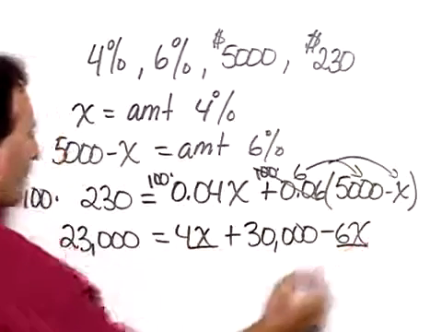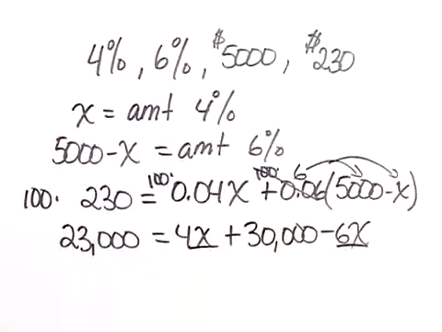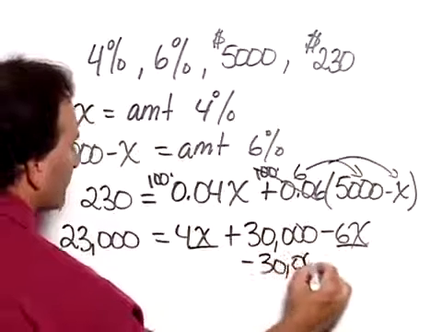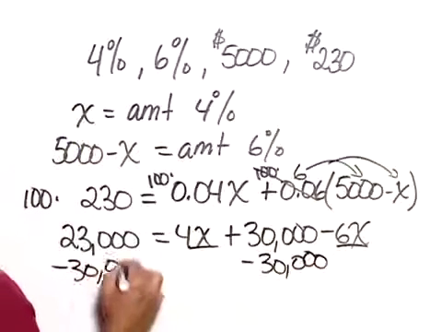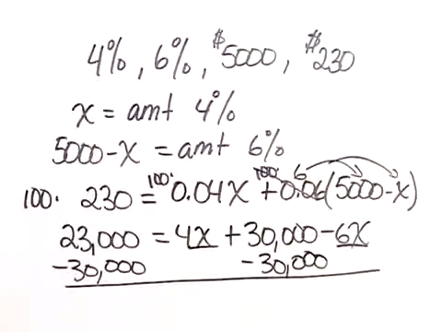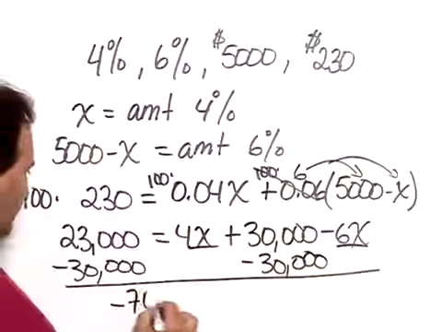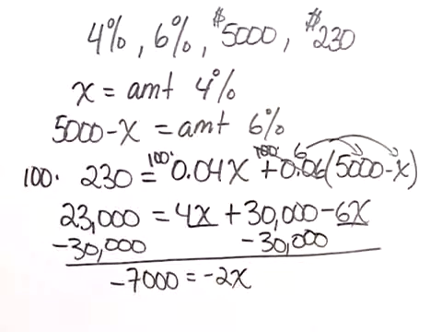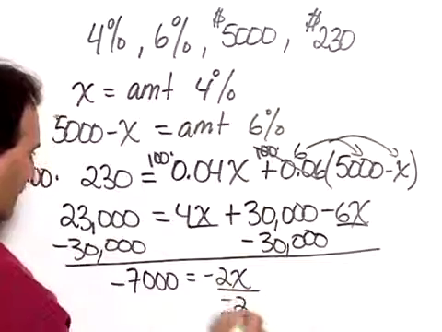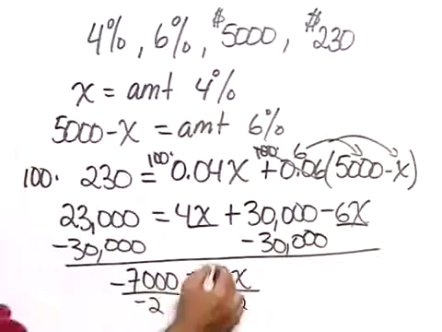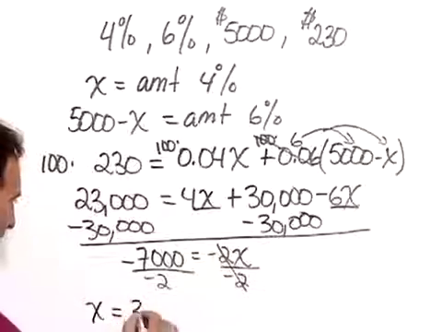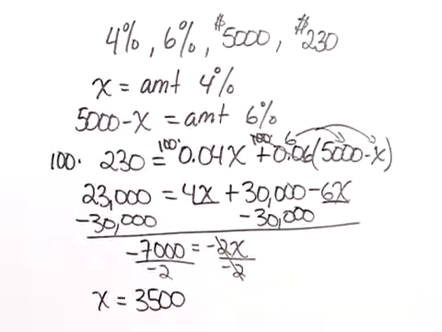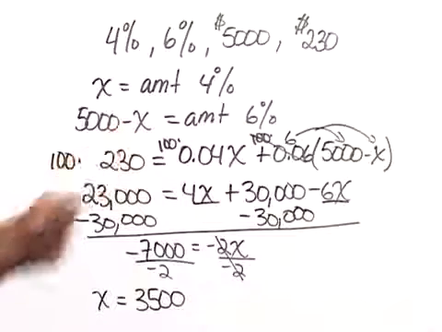We can combine the 4x and the minus 6x for minus 2x on the right-hand side. And at the same time, let's subtract 30,000 from each side. So we get negative 7,000 equals negative 2x. Divide both sides by negative 2, and you'll see that x works out to be positive 3,500. Well, if x is 3,500, then 5,000 minus x